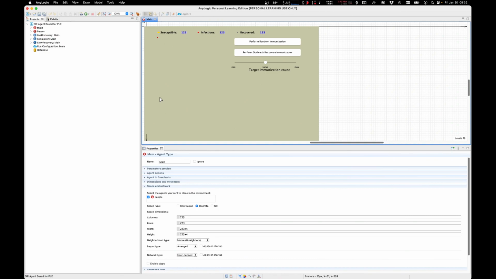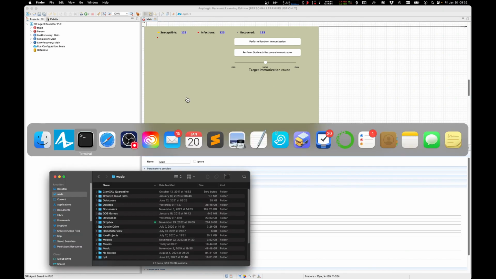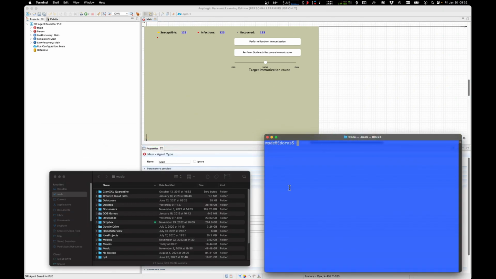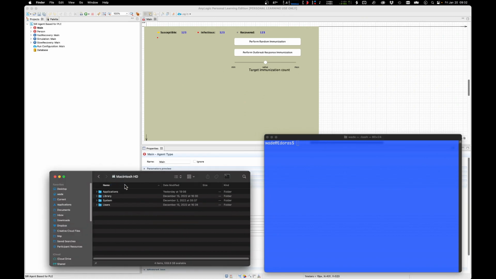That's the first thing. The second is to set a new Java virtual machine for the AnyLogic editor. So if we open a Finder window to the root level of your hard drive